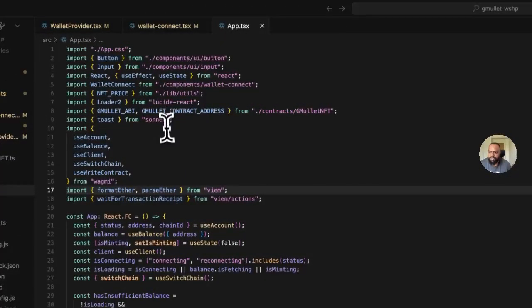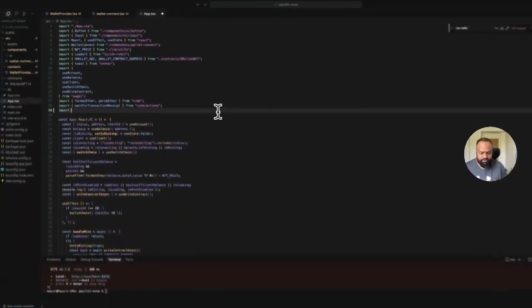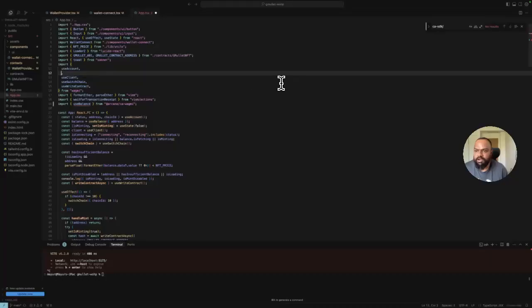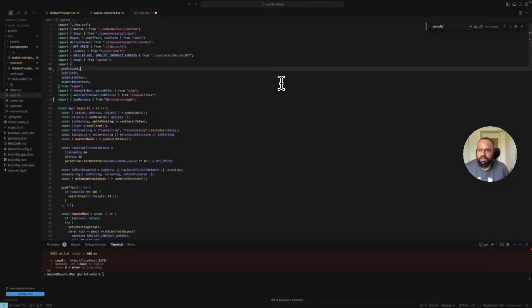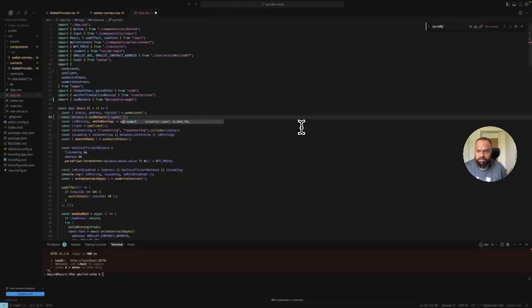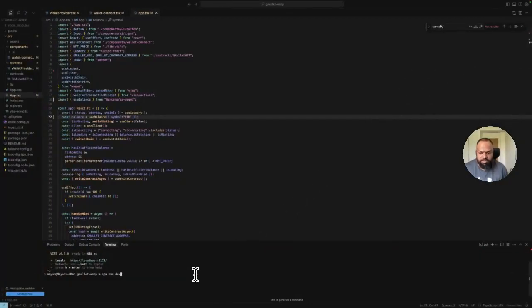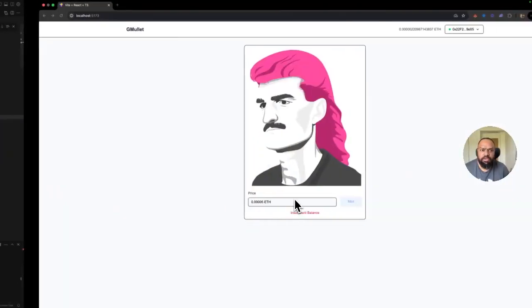Now the second place, we come here and same thing here, we say import use balance, not from WAGMI but from the Arcana SDK. There we go. We get rid of this, we don't need that, and we want to again just pass in the symbol that we are looking to target, which is ETH. And that's it. So now if we run this app back up,